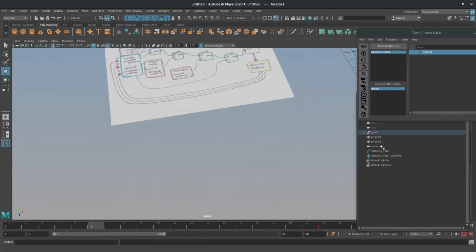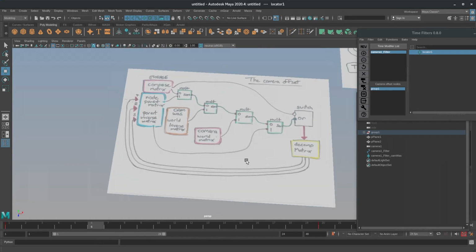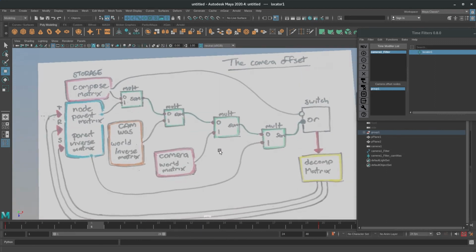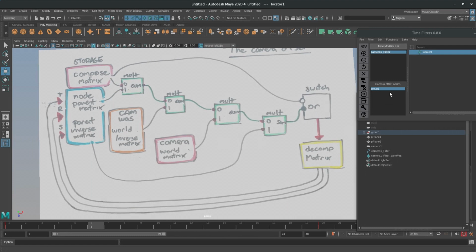So what's happening inside of this node is, the first thing that happens when you create a camera offset is we need to make a duplicate matrix of where your offset node is going to be. You can't use the offset node itself because that creates a cyclical dependency, and that doesn't work.